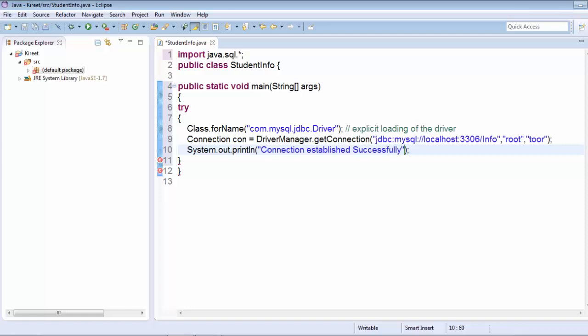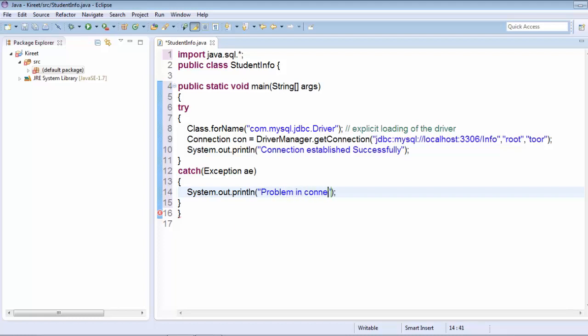Then I'll write a catch block, and inside this I will write Exception e and a sysout, and if there is any error, I will write "problem in connection or the driver is not loaded properly".